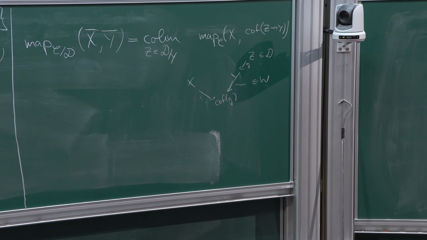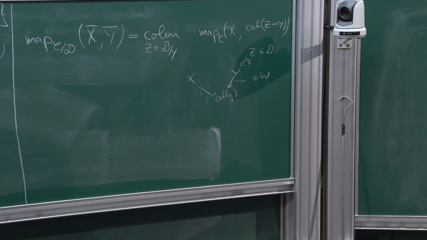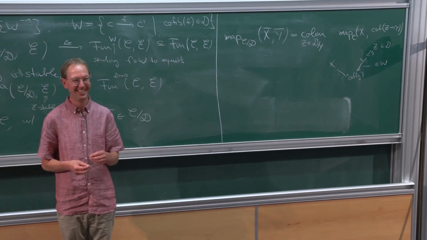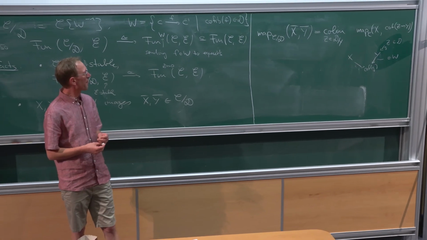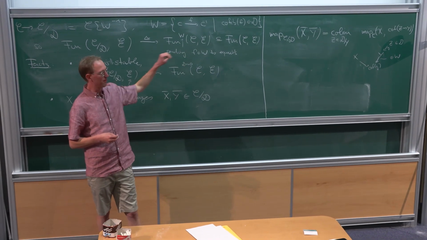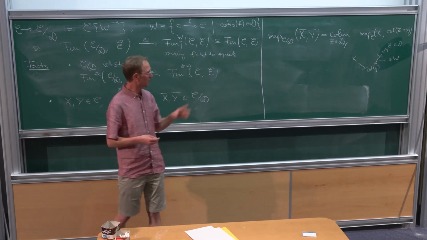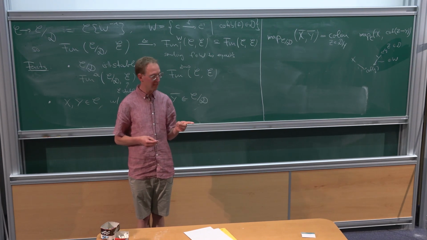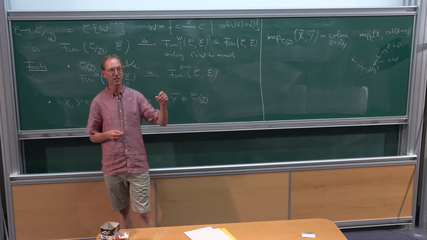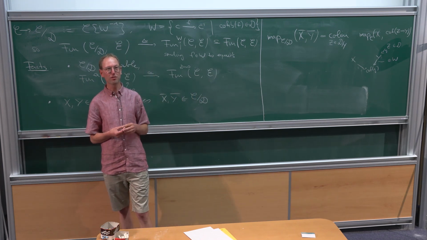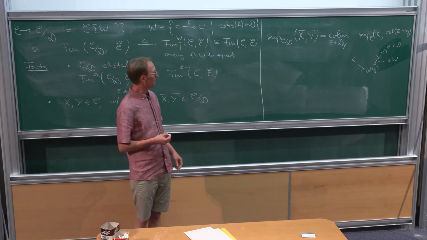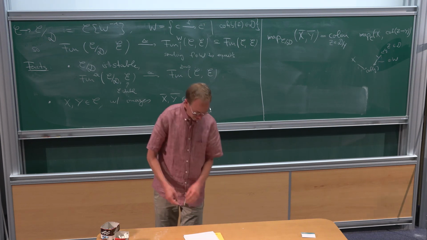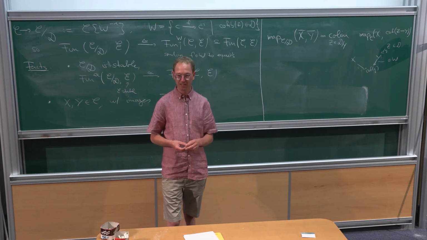By the way, I have a list of references. I have a PDF file on my computer. I don't know what to do with it, but this is of course all very classical. You can look in Neeman's book on triangulated categories, for example, and in this infinity categorical language you find an account, for example, in the paper by Nikolaus and Scholze on topological cyclic homology. Maybe I can make this list of references available somewhere. This would be useful. It can be put on the website. Ah, okay, good.